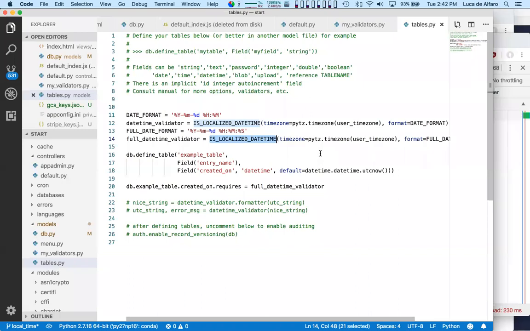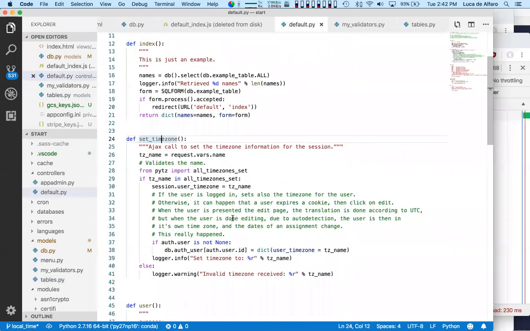Okay, so in general, Web2Py has this notion of how to translate, how to put information in and out of the database. So you can use validators not only to generate errors, but also to change the format of the information. Okay, and this is precisely what I'm doing here. You can read the various details. And here the only